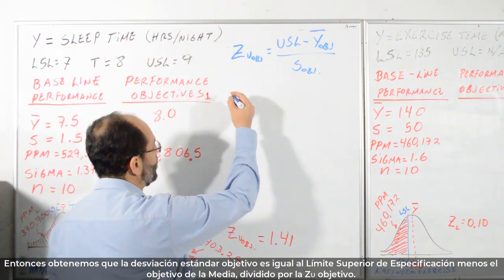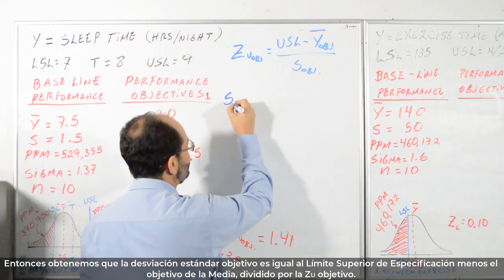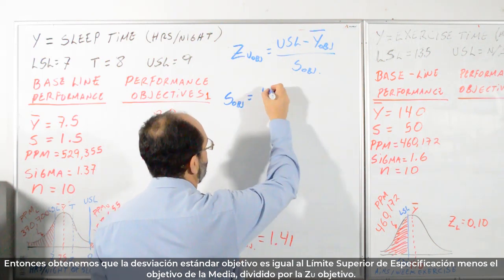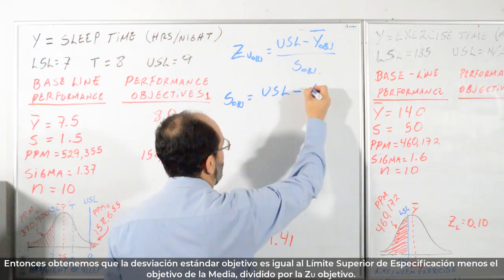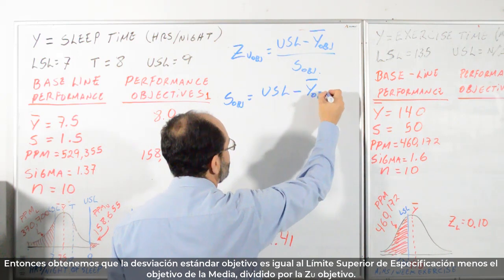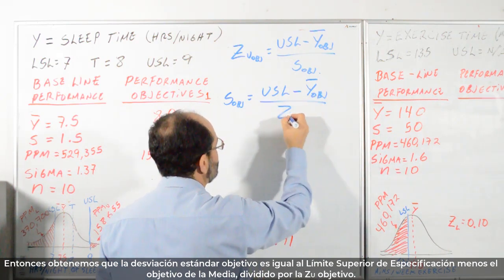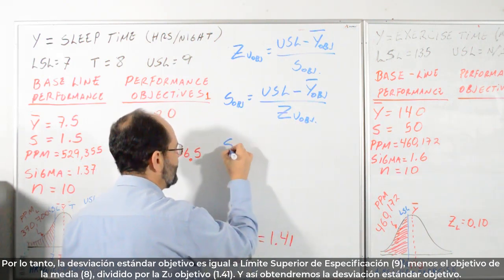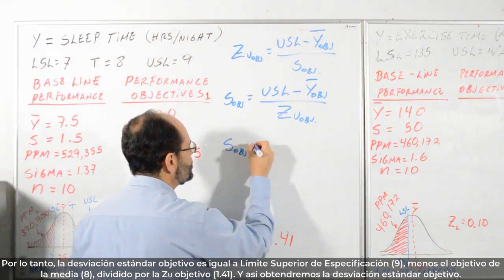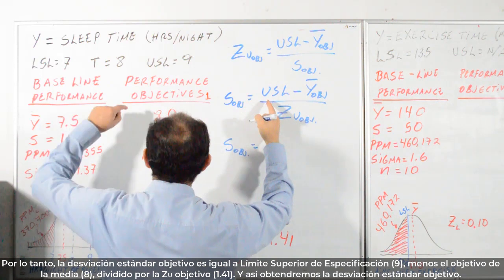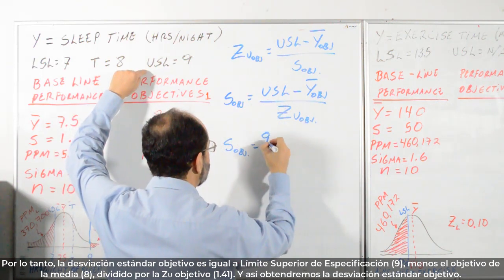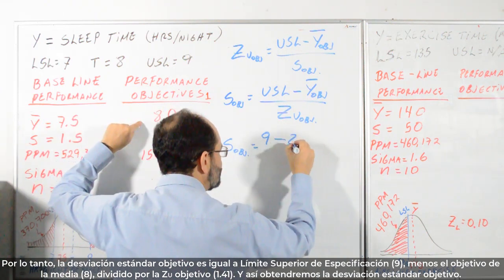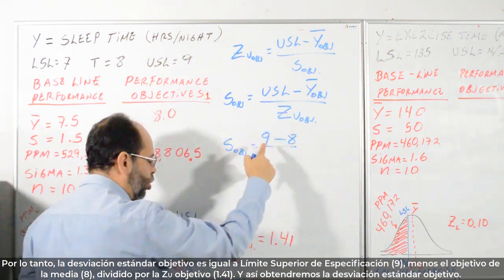So basically what we get here is that the standard deviation objective is equal to upper specification limit minus mean objective divided by Z upper objective. Then the standard deviation objective is equal to upper specification limit, 9, minus mean objective, 8, divided by the Z upper objective,